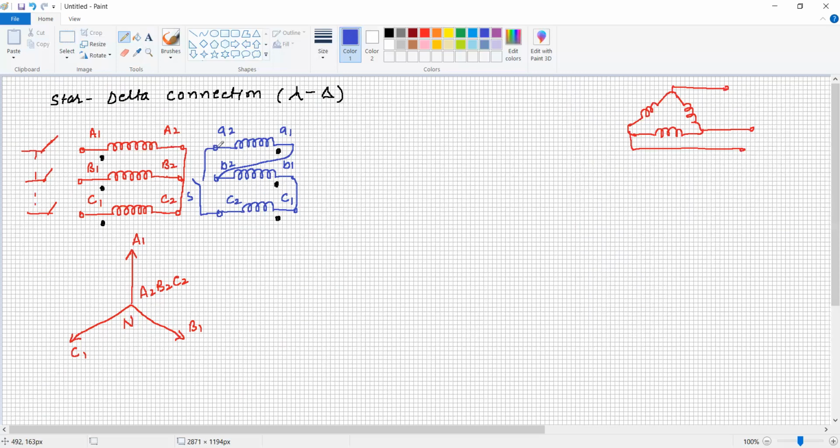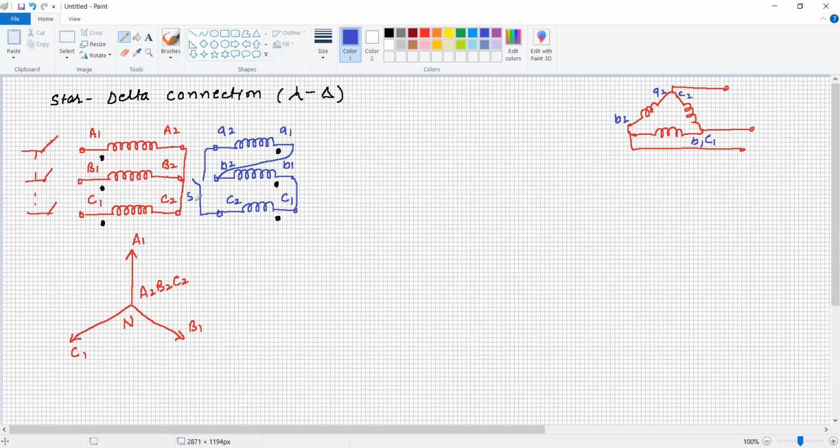Okay, this is a starting winding. Say this is the starting winding. End winding, A1 is connected to B1. So here say it is A2. A2 is connected to B2. Okay, B1 from B2, it is connected to the B1 here. Okay, B1 is connected to C1. Okay, and C1, this is C2. This is the delta connection. But what is the voltage across the switch before closing it? Before closing the switch, first of all, we are going to measure the voltage across this terminal.